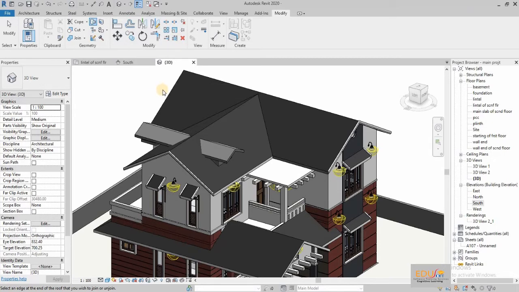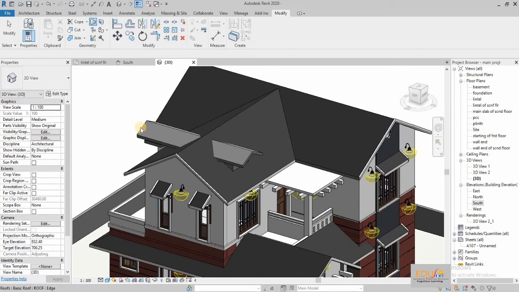Select an edge at the end of the dormer roof that you wish to join. Next, select the face on the main roof to get joined.